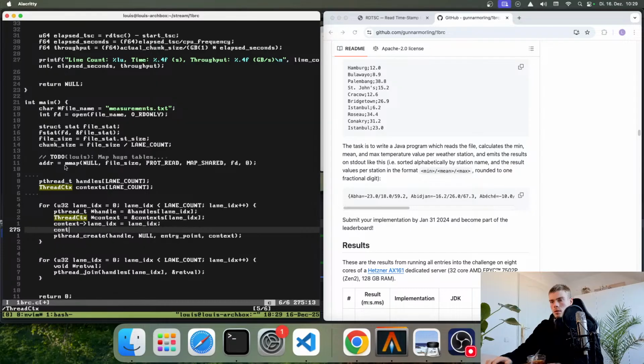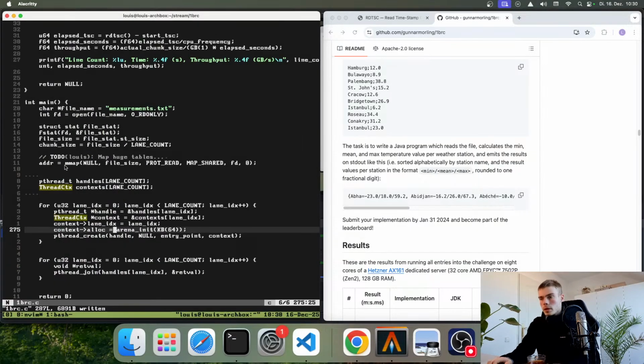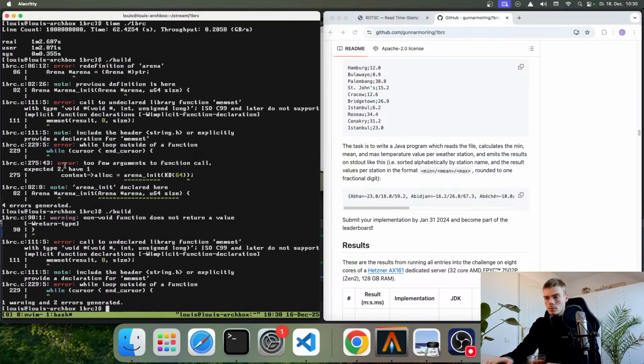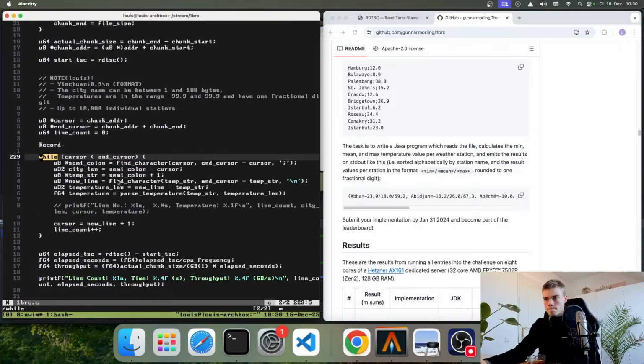And context alloc is equal to arena init, and let's say it has like 64k. Does this build? No, it does not build. Arena init, because we still have this argument here, we can just remove that. While loop outside of a function. Oh yeah. Okay, so memset is not,